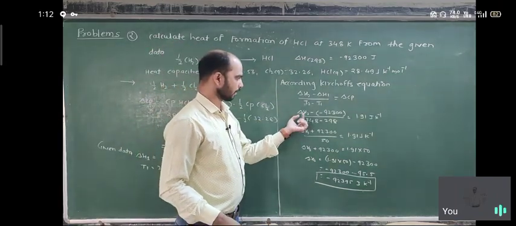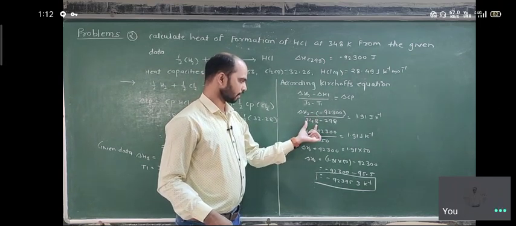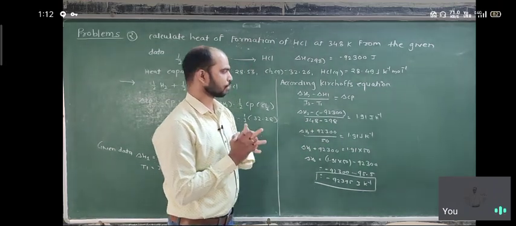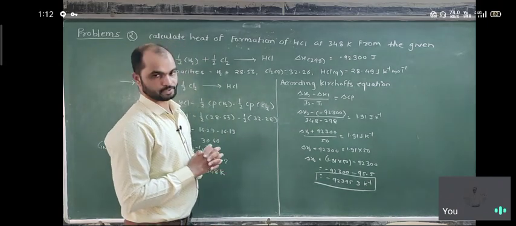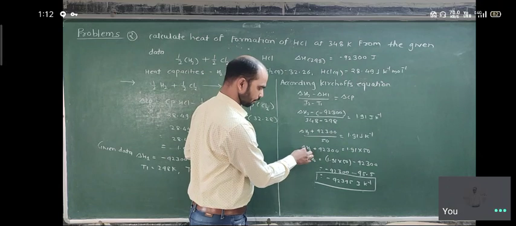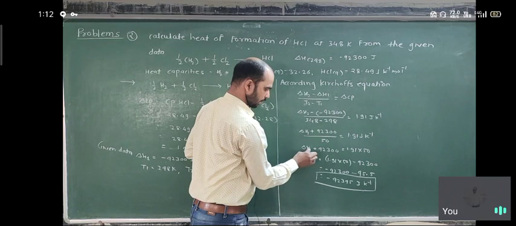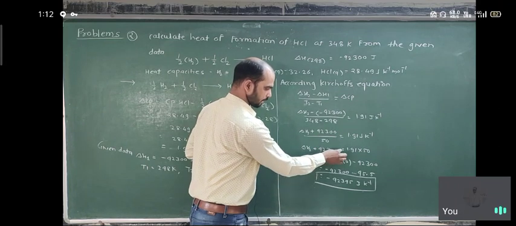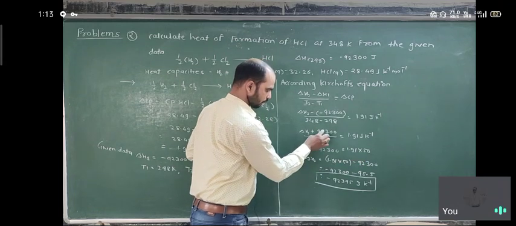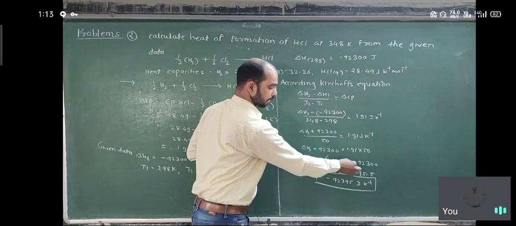We put it all here: delta H2 minus minus 92,300 upon 348 minus 298 is equal to minus 1.91 joule per Kelvin. So we solve here. The answer is delta H2 plus 92,300 upon 50 is equal to this one. So delta H2 plus 92,300 is equal to this; it goes here, multiply 1.91 into 50. So delta H2 is equal to this, again a subtraction like the last one.